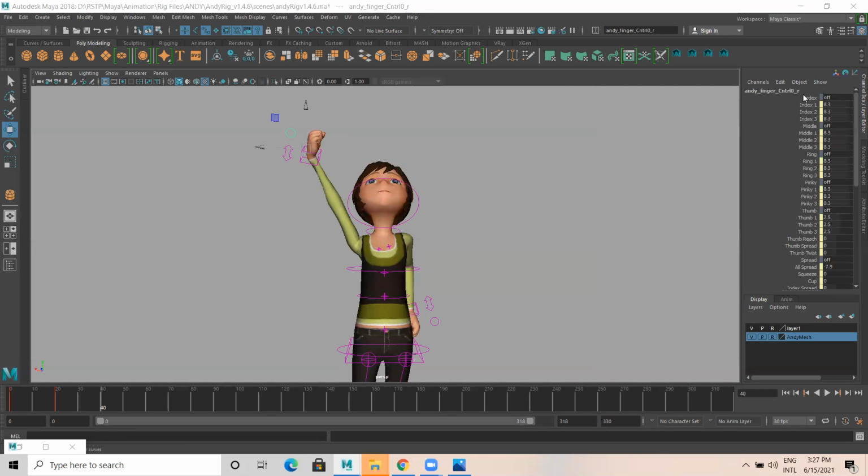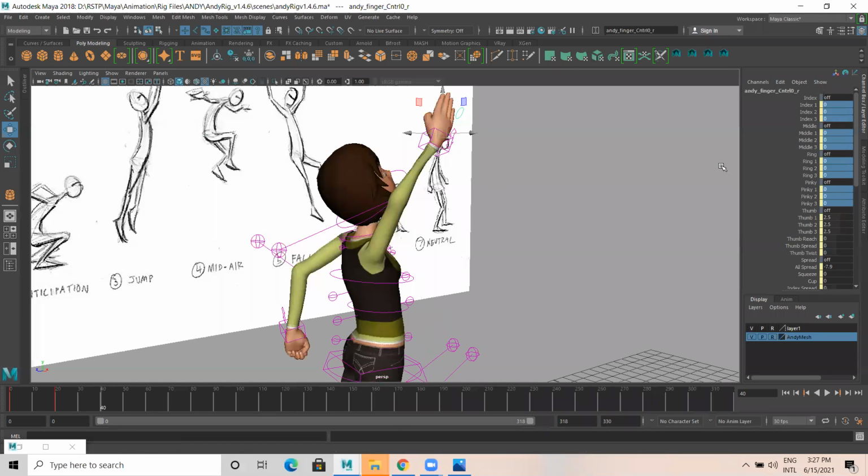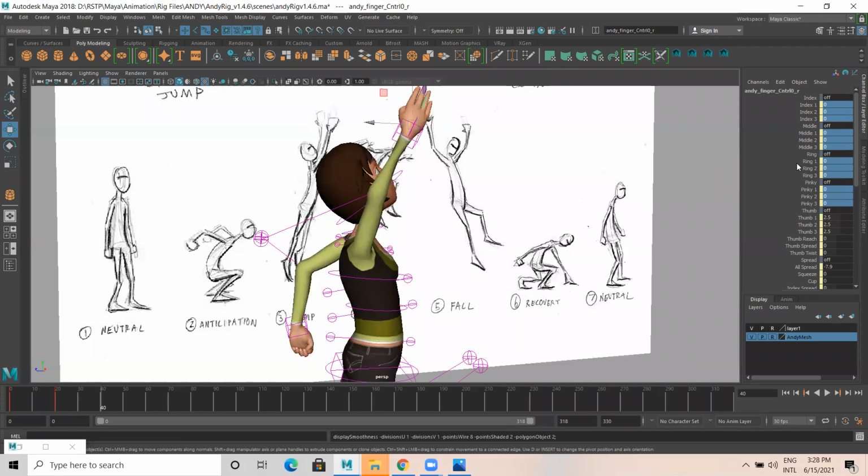Here, index, middle, ring, pinky, all this I'll take. It's open. Either 0 or 2, or I can select all this.